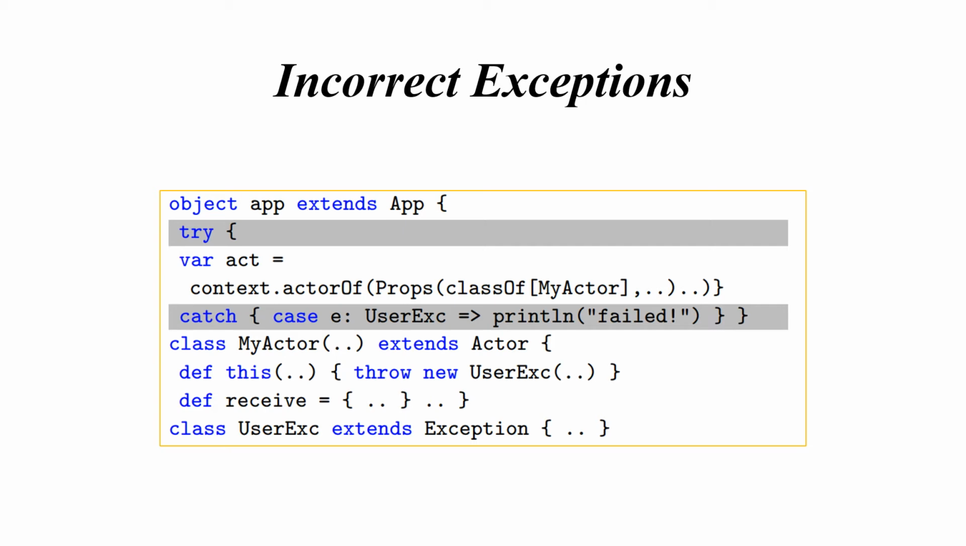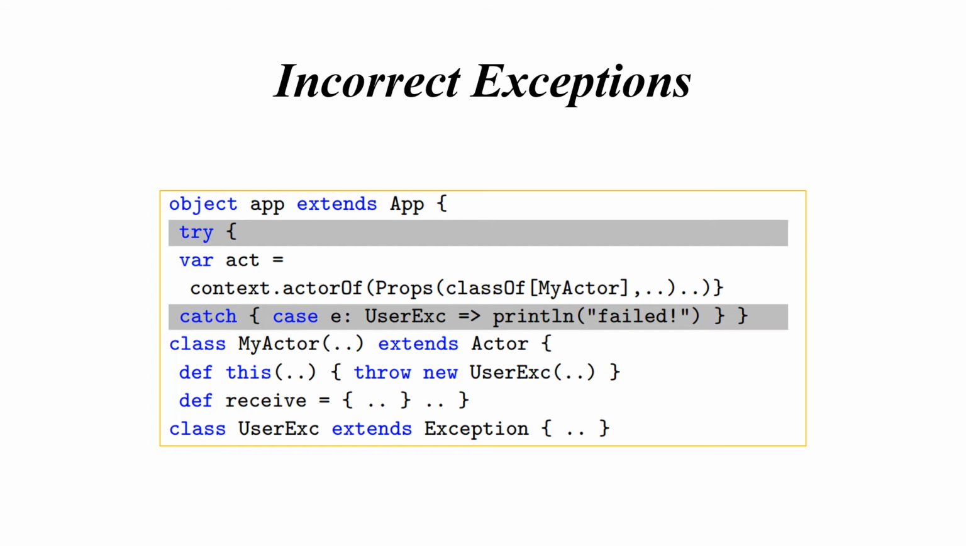The invocation of actor of on context creates act as a child of app. However, this program is buggy with the impact that app cannot catch the exception that act throws. This is because in Akka, an exception that is thrown by an actor can be caught and handled only by its parent, which is an actor itself. Here, app is an application and not an actor, and thus cannot be the parent of act and cannot catch